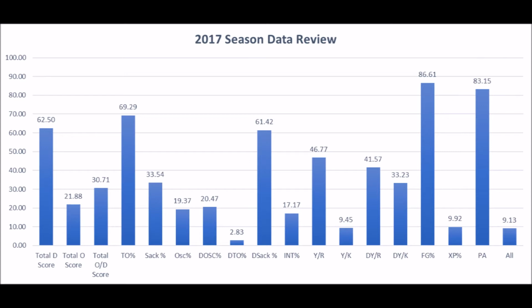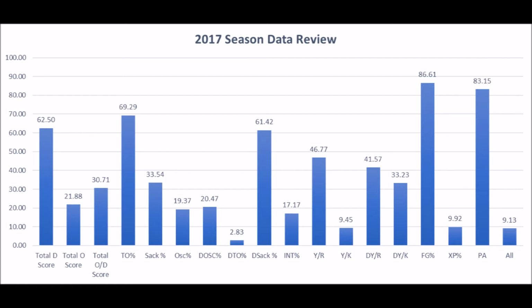It's also arguable that the offense may have been a little bit better than the defense in terms of preventing turnovers, which is a big deal, but the inability to create turnovers on defense is also a pretty big deal as well. So there definitely is some arguability there about what's better, the offense or the defense, based on data.